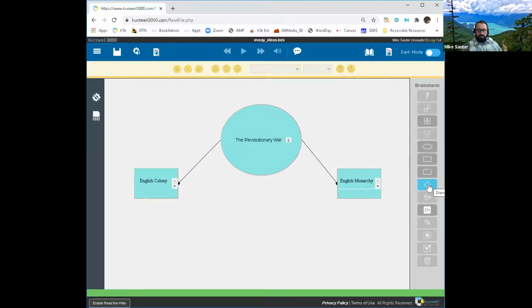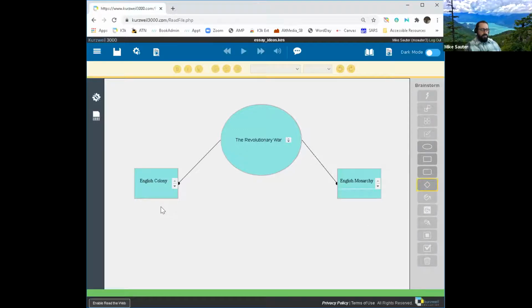You can use all the same shapes, or you can actually change the shape as you go down in description levels, right? So in this particular example, we have the main topic is a circle, and then the subtopics below that I have is squares. And so if I go below that one more level, I can change the shape. So let's do that. Let's actually add a diamond.